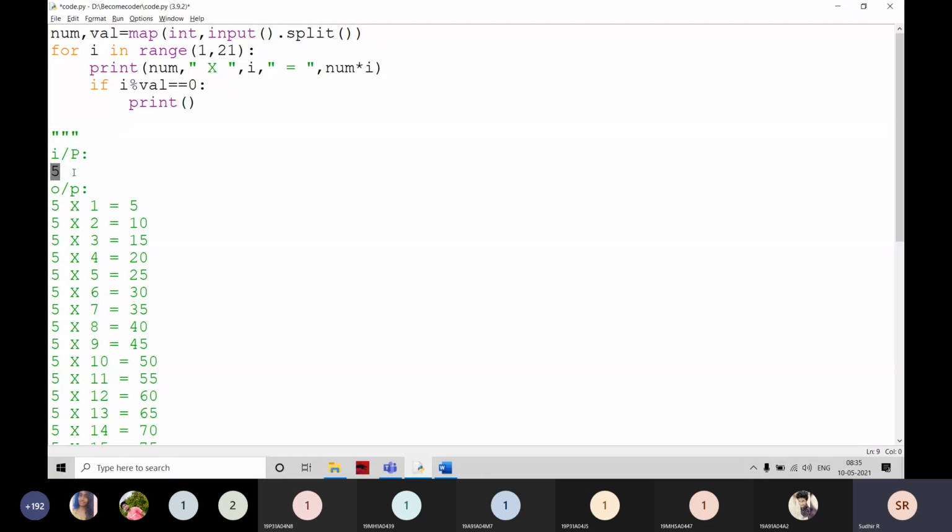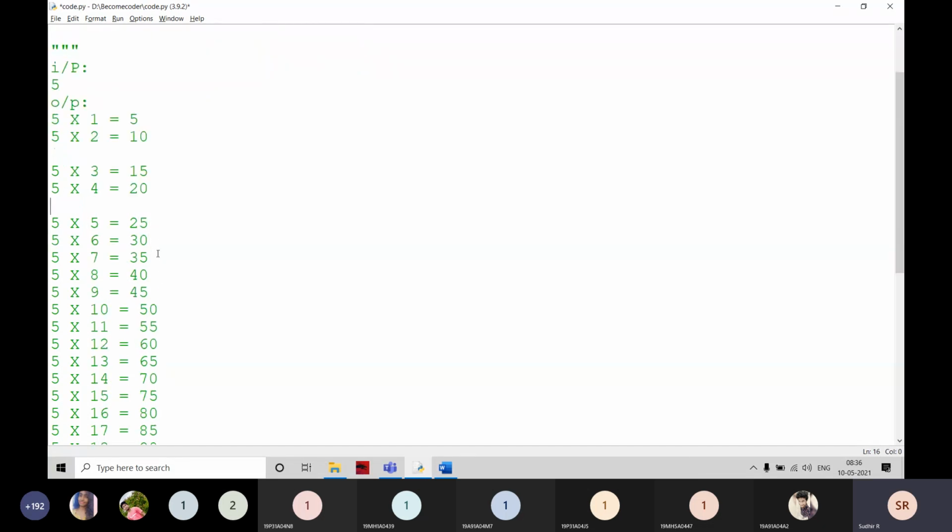And here we have to observe, if the result is even, this value is the result, num into I. If this value is going to be an even number, I want an extra line. I'm not doing it only for 2 here. For example, if it is a 3 table, then it is going to be in a different manner, right?